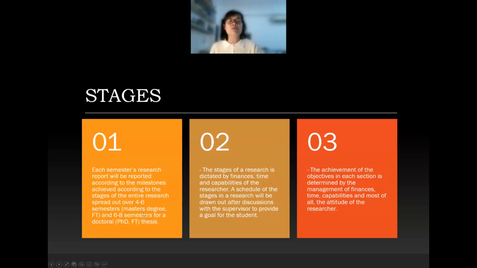Six is the most. After 6 semesters, you automatically fail, unless you request, there's a good reason for going on through. 6 to 8 semesters is for PhD, full-time. These are all full-time. The rest of the information you can find on your website, if I'm not mistaken.